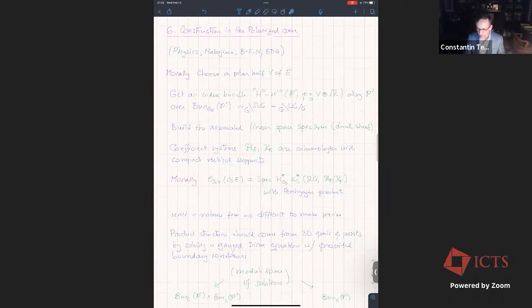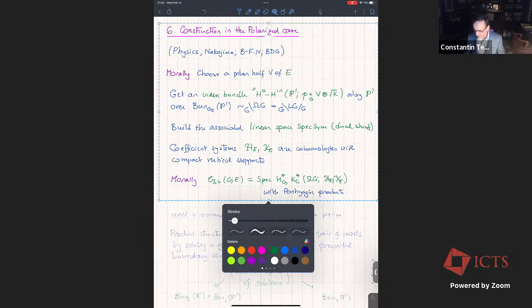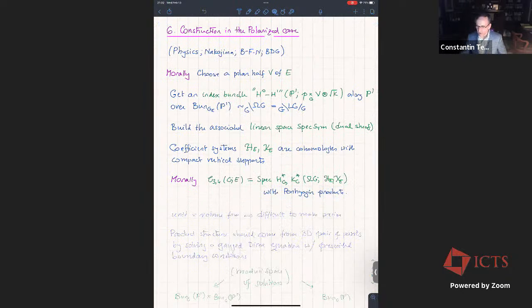So let's recall the construction. I'll explain the construction morally first, because all the topology somehow is there, and the algebraic geometry comes in to make it work. Again, there are many citations to be put in from physics. I put very few of them early on. But here's a moral construction for the